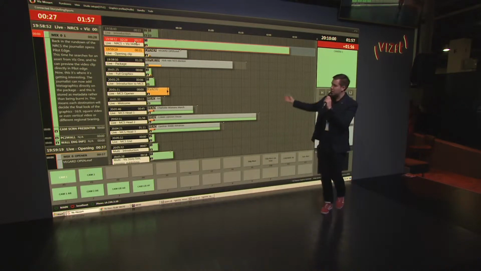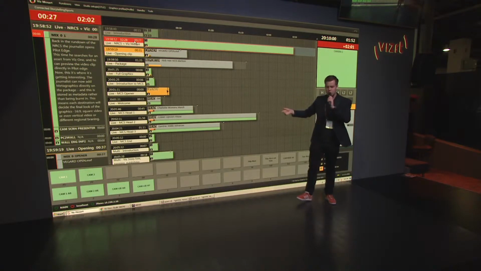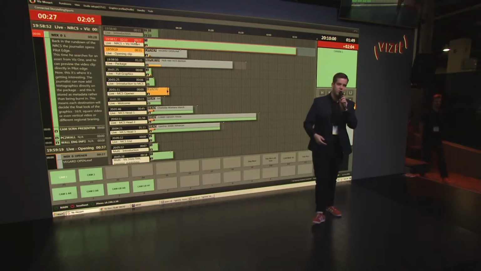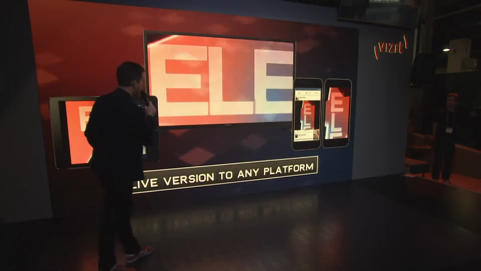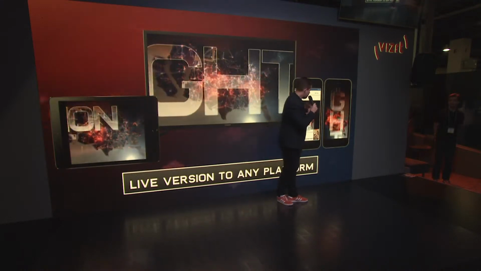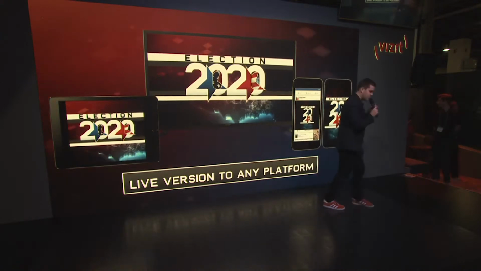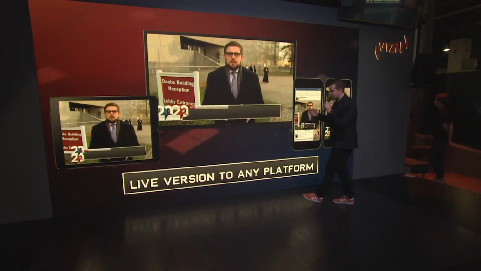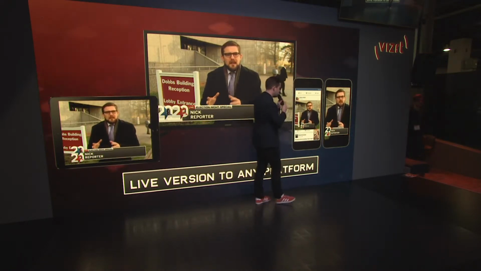Now we could have stopped there and said, okay, great, we're only going to operate the linear output for regular television, but today we're going to talk about multi-platform, and what better way of showing that than to actually do live multi-platform adaptation. So let's get in some platforms here. Here you can see that we're running multiple versions of the opener for the different platforms to utilize the screens in the best possible way. And when we're coming to the clip that we just prepared, you can see that even though it was simple for the journalist just to update one graphics item on the clip, we can adapt that to the different platforms to make sure that the viewers experience the best possible experience on any of these platforms.